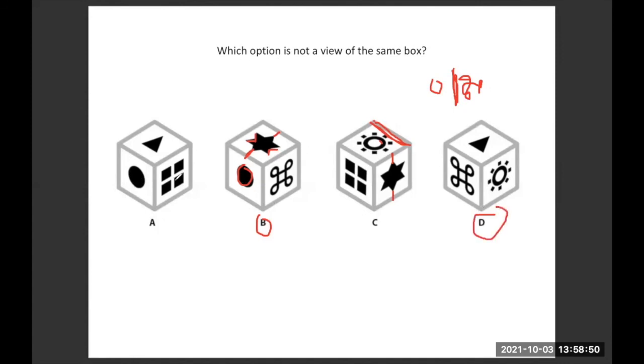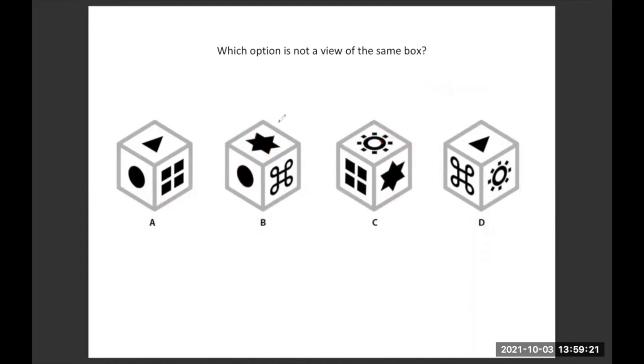Then let me check the option A also, just to be clear. इस सर्कल और ये वाला जो अपोजिट वाला एज है, इसको मैं वर्टिकली ड्रॉ करूँ तो एक साइड सर्कल आएगा और एक साइड वो 4 स्क्वायर आएंगे, which is correct. This view is correct, which means ये दोनों बराबर आ रहे हैं, दिख रहा है. So that's why option D is the correct one in this case. I mean, is the one which is of a different cube and not the cube that A, B, and C correspond to.